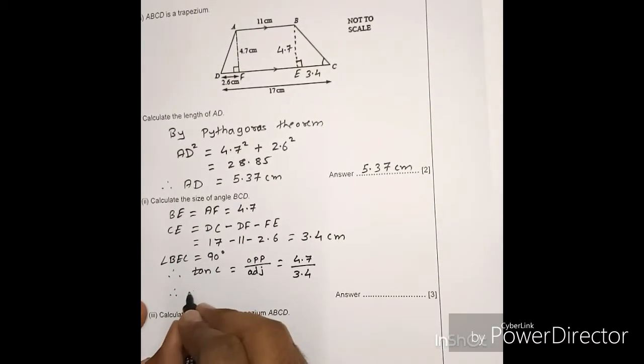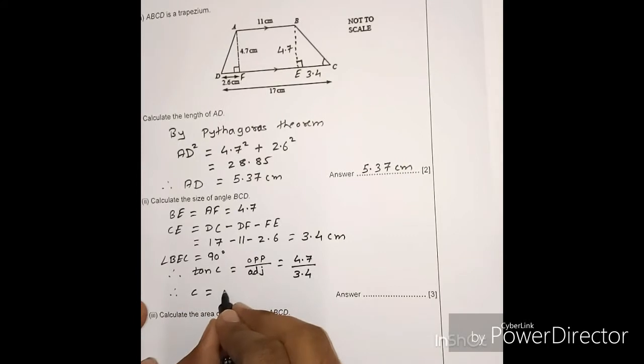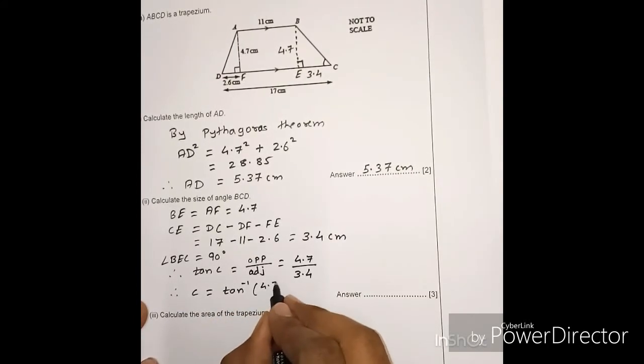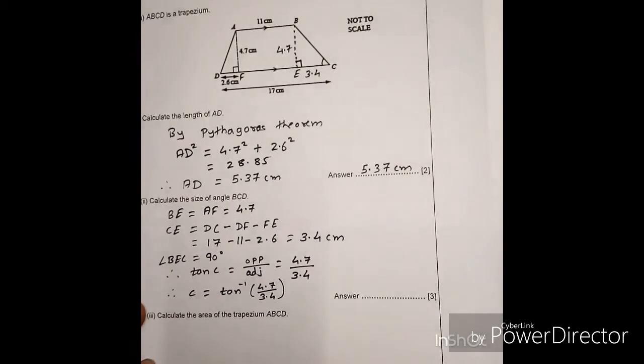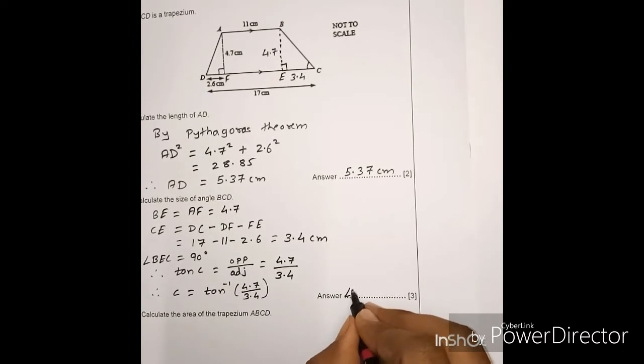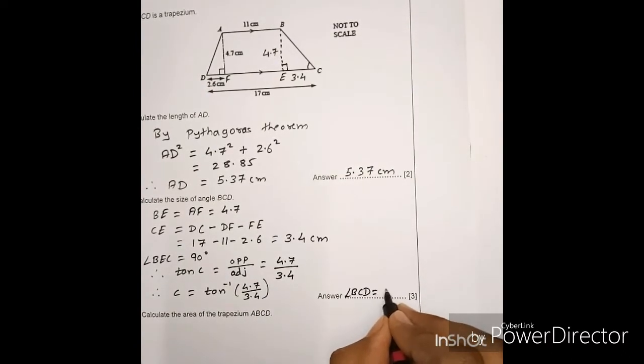Therefore, angle C will be equal to tan inverse of 4.7 upon 3.4. So using your calculator, you will get a value of angle C. So angle BCD will be equal to